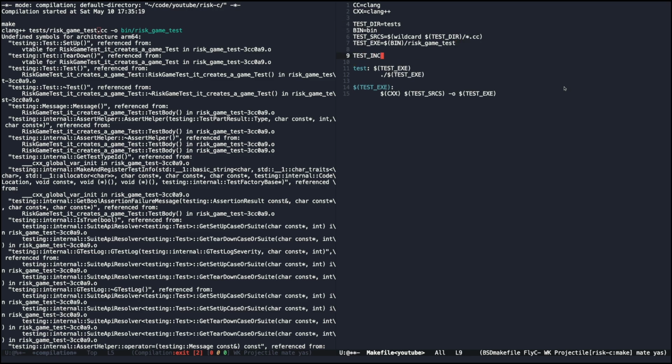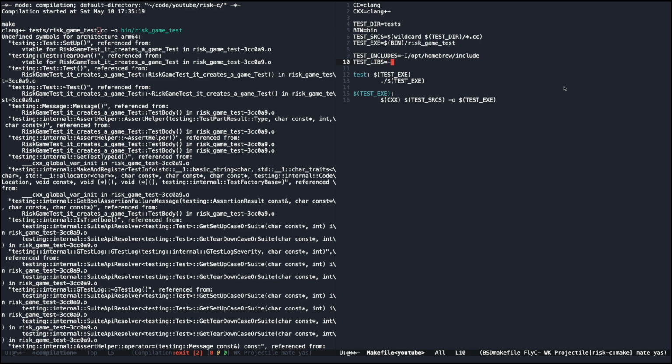Actually, let's make some test includes, which we'll just use for the testing purposes. So we are going to -I and then opt homebrew and then includes, which is where my includes are going to be. And we also need to test